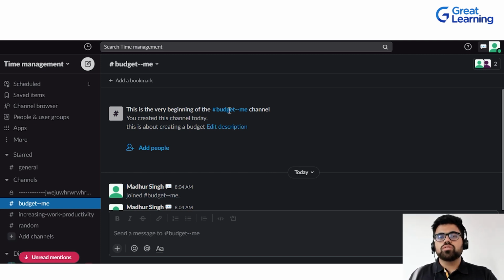The second most important part is that whichever files are being shared, the most important ones you should pin, so that any person who comes to the channel can look at the most relevant material they need, and not the cluttered part of it. The main purpose of Slack is to increase the clarity of working, increase the productivity of working, and also decrease the dependency on emails. So this is the purpose of Slack.